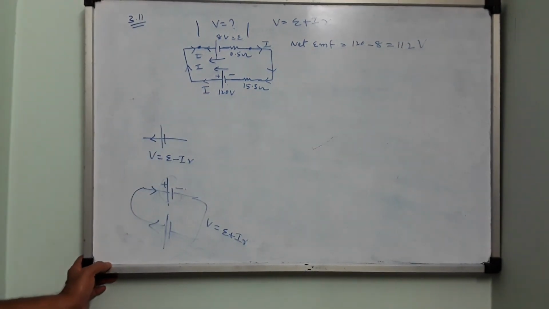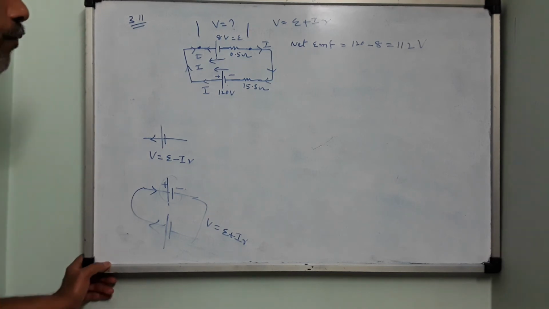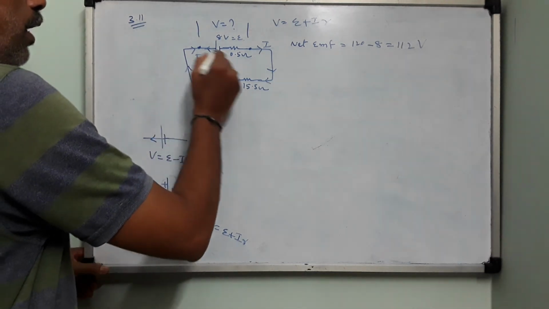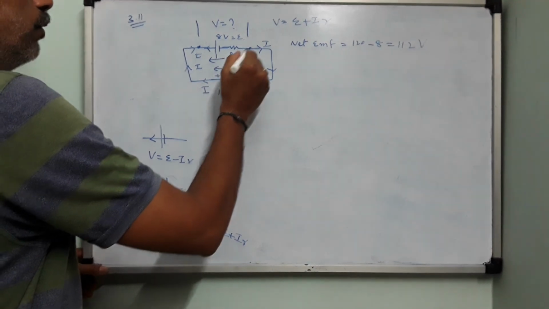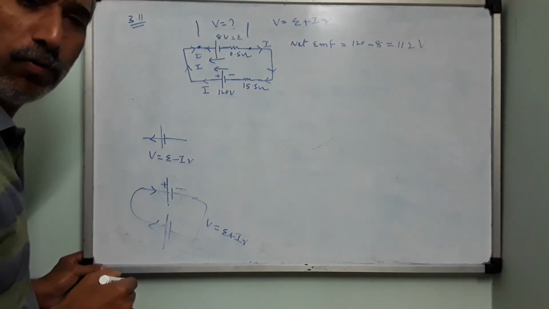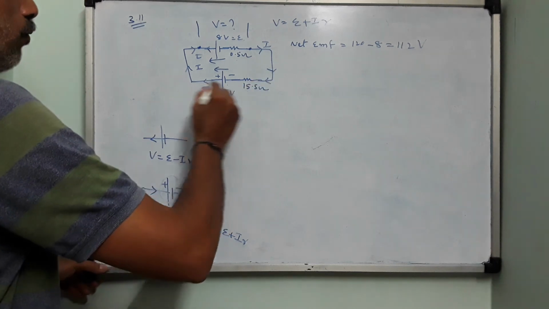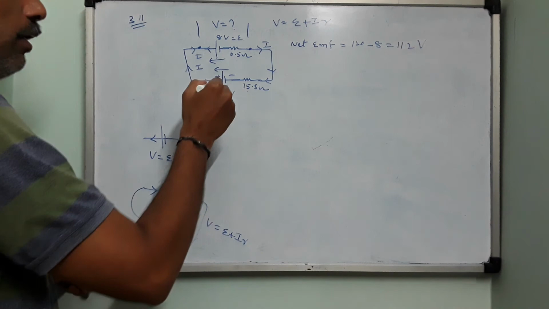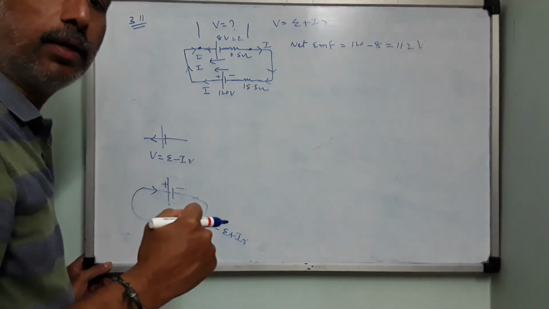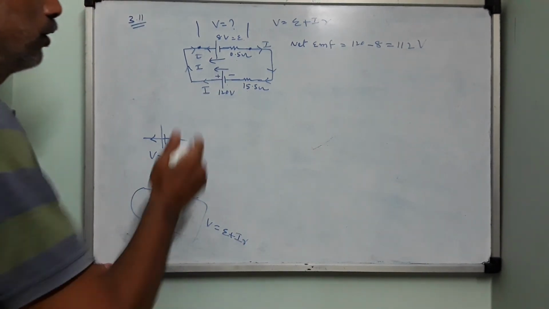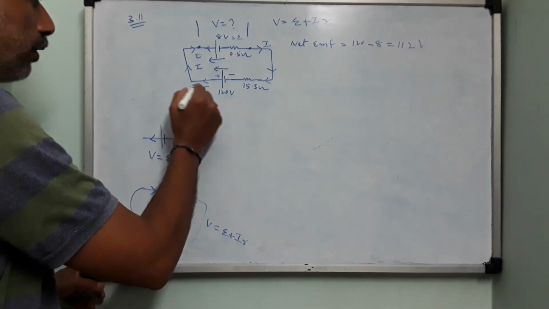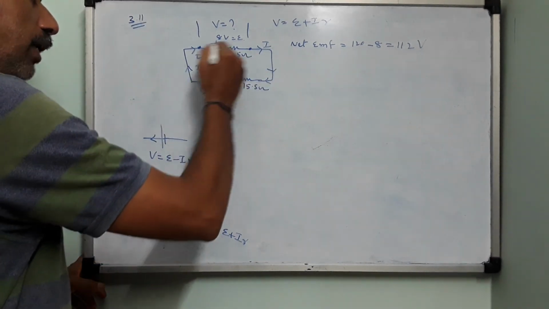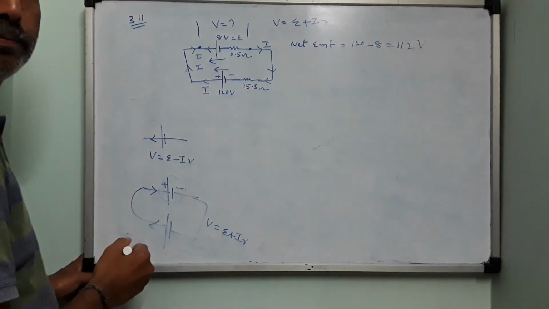Is this clear? They are opposing their EMFs. So therefore, the net EMF will be the difference of the EMFs of the two cells. Right. Now, what is the net resistance you see? How much current is flowing in 0.5 ohm? The same current will flow in 15.5 ohm also, because there is no way to get divided. Okay, these two will have a fight among themselves, and the mightier one will judge the direction of the current. So this will judge the current. So after that, current will stabilize and will flow with the same value throughout the circuit.